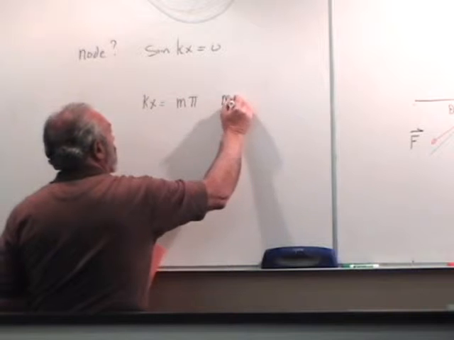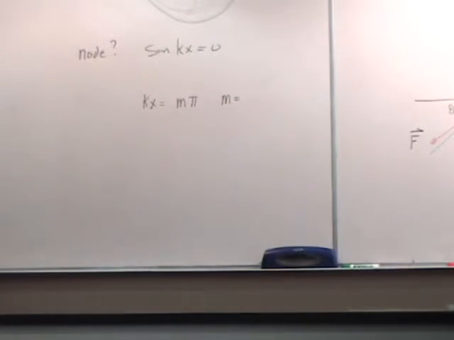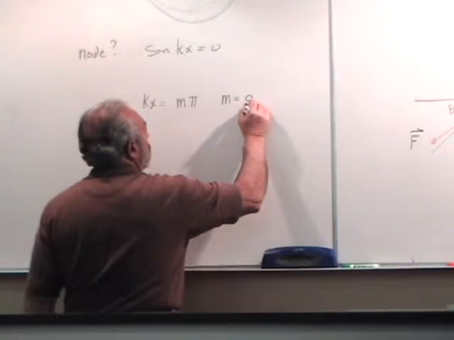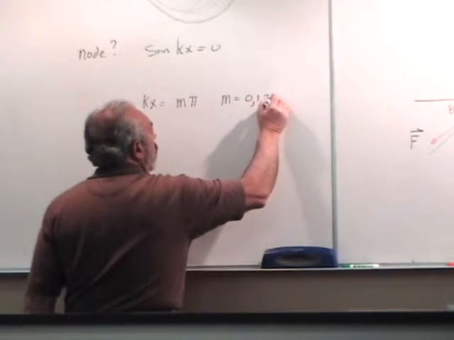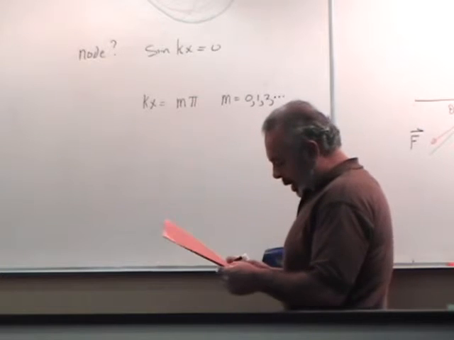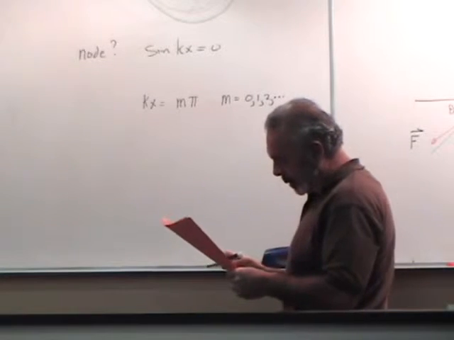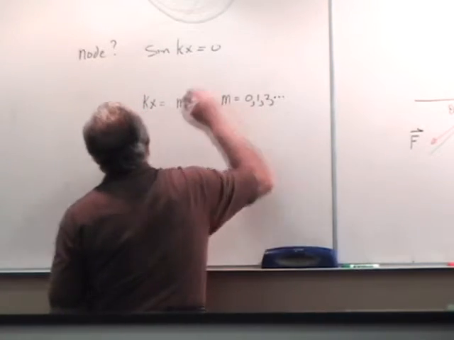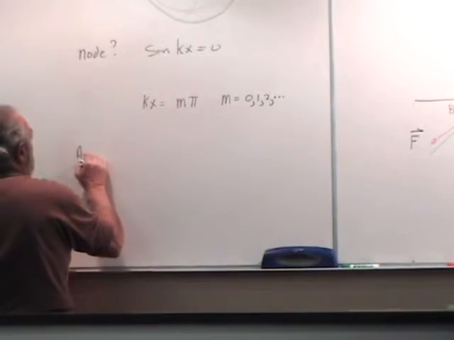and can m equal 0? Yes. m can equal 0, m can equal 1 for 1 pi, 2 for 2 pi's, m can be 3 for 3 pi. So sine kx equals 0, that's a node,